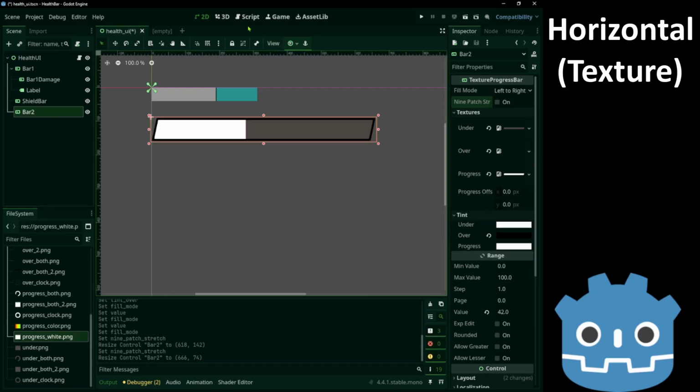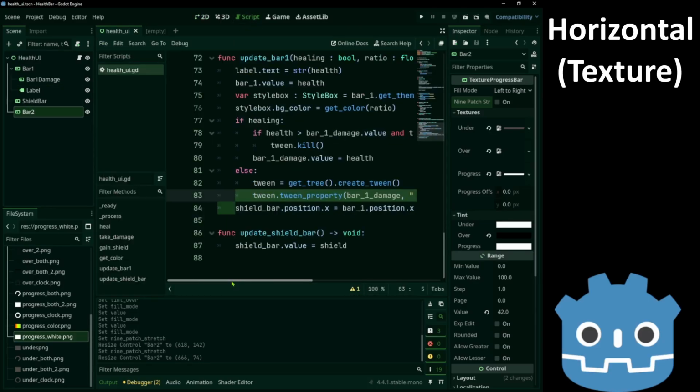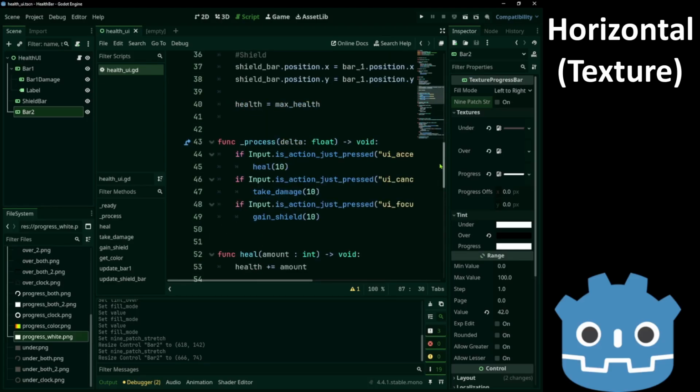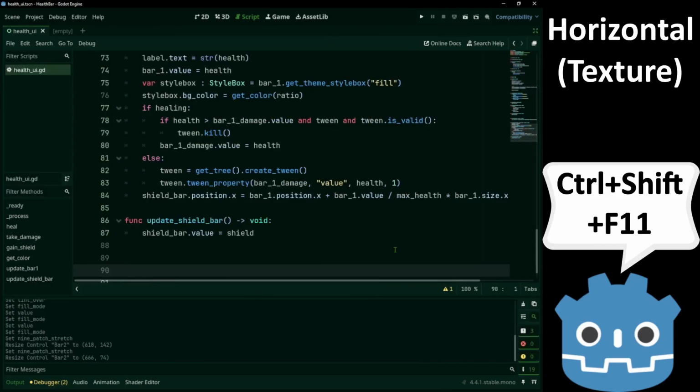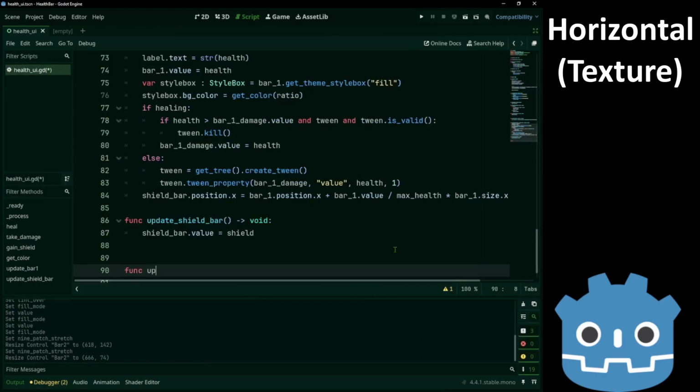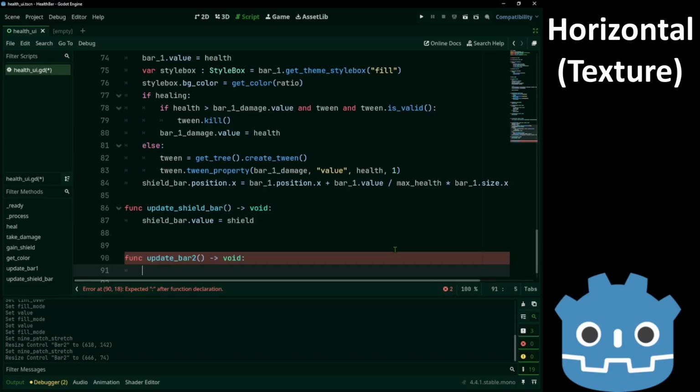And let's go to the script. One more method. Update bar2. Void.